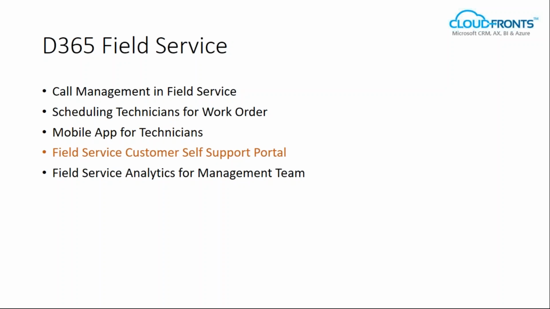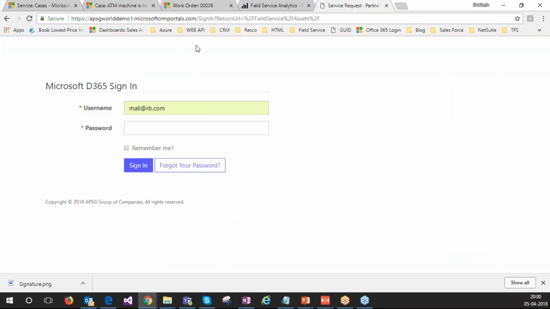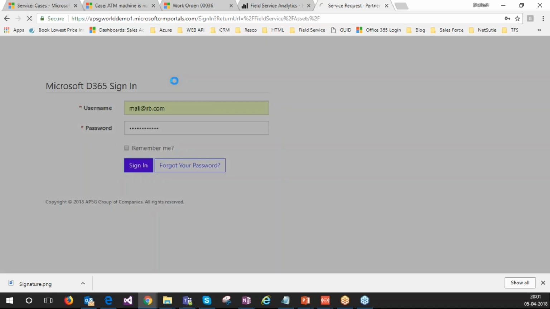Let me open a self support portal for you. So I'm opening a self support portal. You have one URL which you will be sharing with the client. Here my contact is Muhammad Ali. So he enters his username, which is already shared with the contact, and he enters his password. Now he's entering his password, and he has to just sign in, and the URL for the portal will be shared